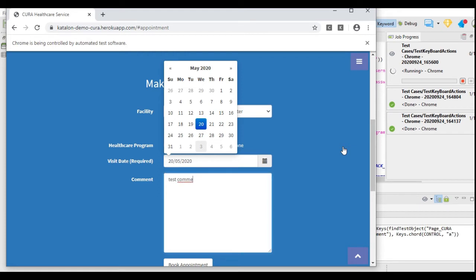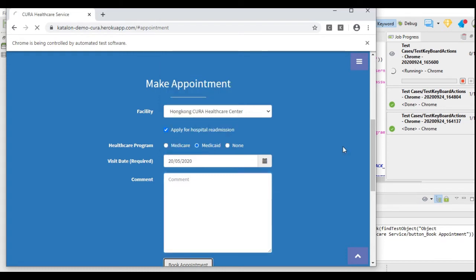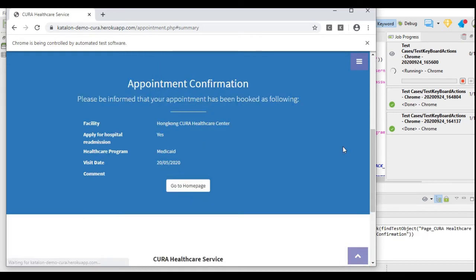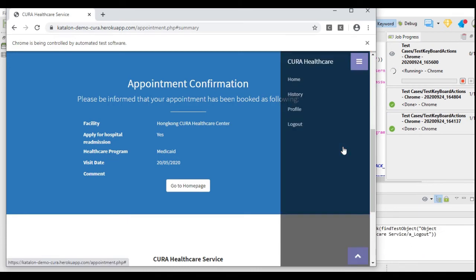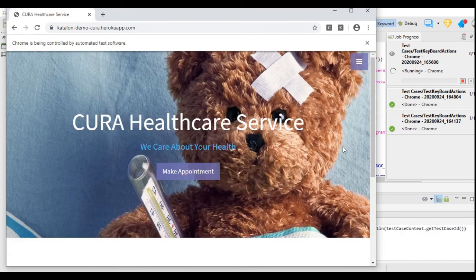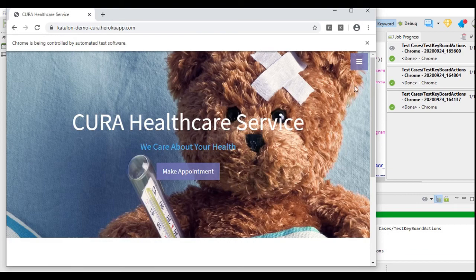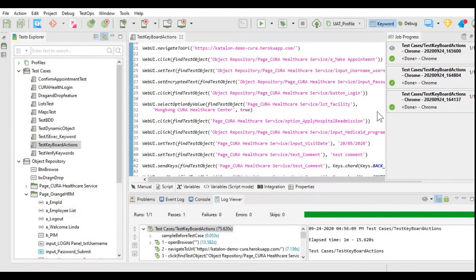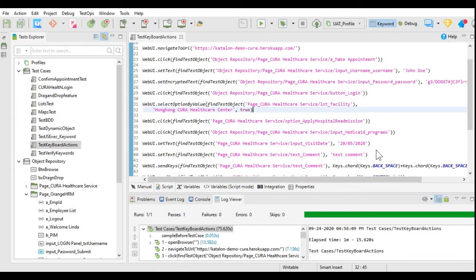In the test comment, it has removed two characters. It has selected the complete text and removed the text. Our test is passed. It will log out. And this way you can use the keyboard actions or keystroke actions.